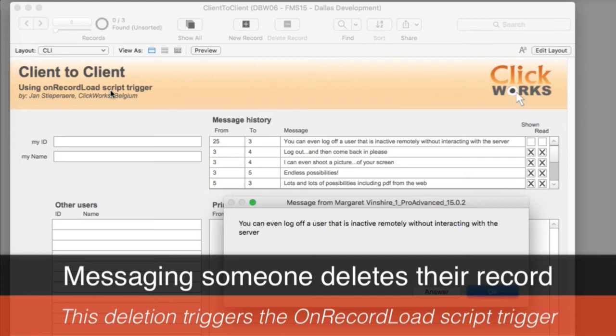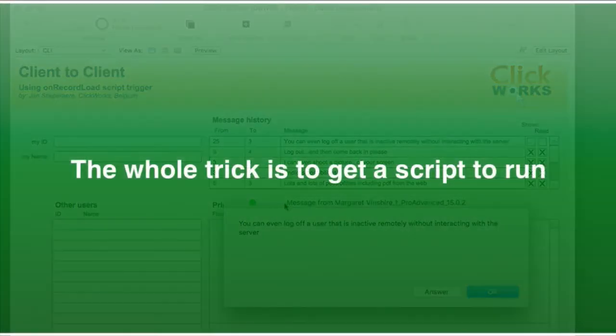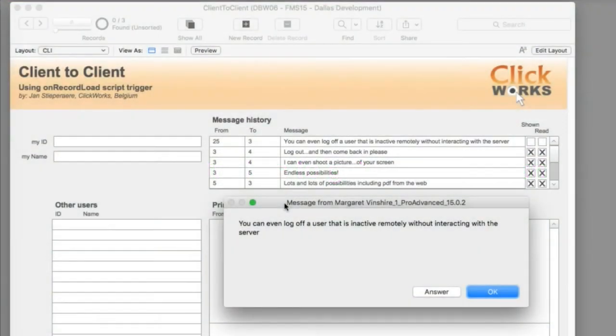The scripts are running, and the folks at ClickWorks could program them to do anything, right? That's the magic of the whole thing. The whole trick is to actually get the script to run. So we're actually sitting on a reserved record for me, Margaret sitting on her own record, Mike sitting on his, Henry sitting on his, right? Pretty cool. Now, when I say answer,